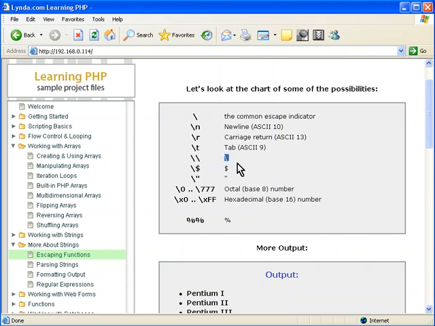And when you want to represent the backslash, for example, you can't just put a backslash because then the PHP interpreter thinks you're actually trying to escape something, so you have to put a double backslash. And we'll look at things like that. And the $ sign, so you don't confuse that with the $ sign for a variable, for example. If you want to take it literally, you would put a backslash there. Then PHP would know that an escape character should be coming next, and then it's going to look at which one is next,